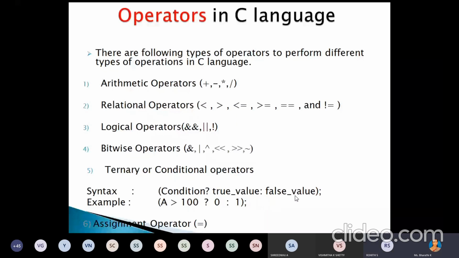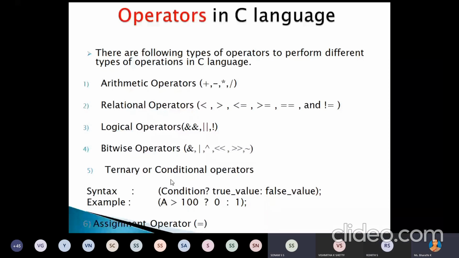How does it work? If the condition is true, the true value is displayed. If it is false, the false value.